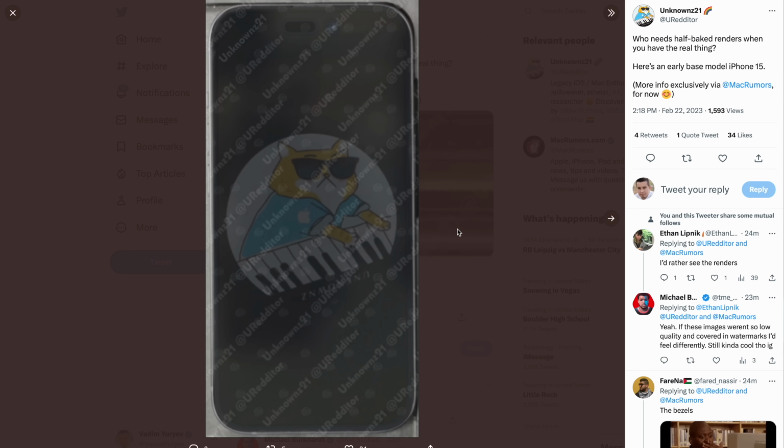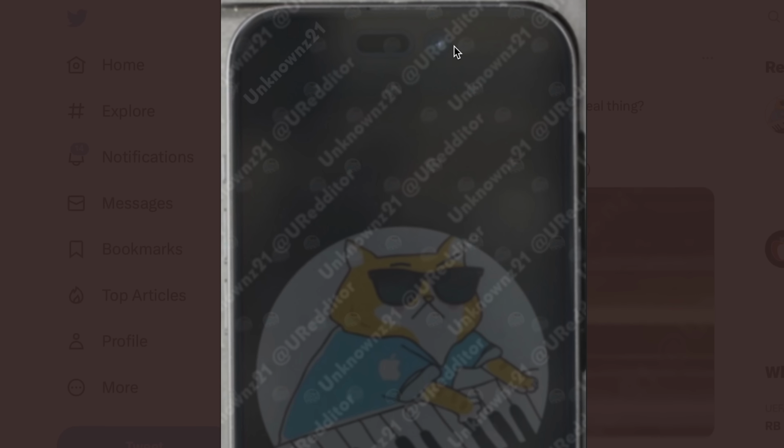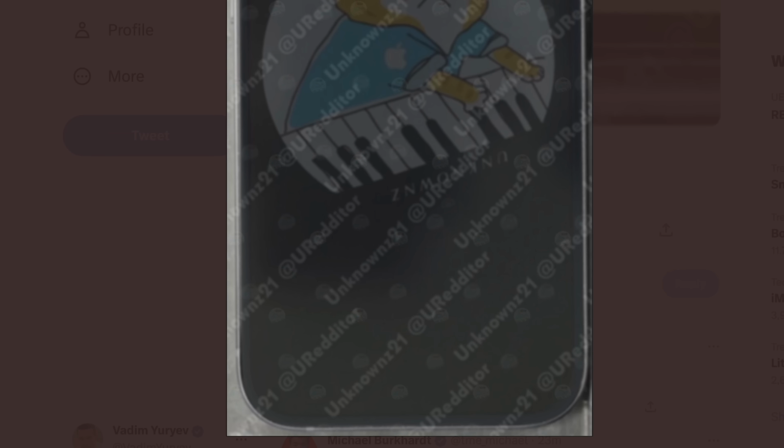But the biggest deal you have to realize in this image is that the chassis is no longer redesigned. Yes, we can see the Dynamic Island right over here. Finally, we're getting rid of the notch. Finally, that thing has to go, and it is with the iPhone 15. However, if you look at the outside edges, they are exactly the same as the current iPhone 14, and that's